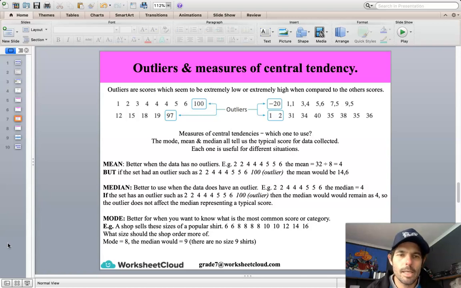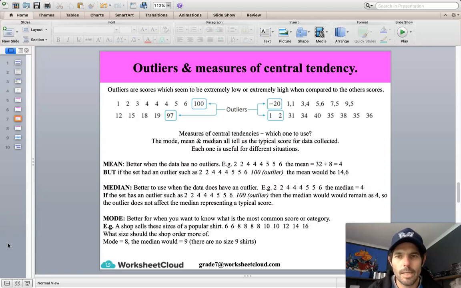Okay, purely because when there is an outlier, your mean changes quite a lot, as you can see in the example. Your median is better to use when the data does have an outlier. So I've given you the same list of numbers as the original example: 2, 2, 4, 4, 5, 5, and 6. The median there is going to be 4, okay? But if the set had an outlier, like 100 again, then the median would remain 4. So that means the outlier does not affect the median representing a typical score. Okay, so just remember that when you do have an outlier, it's better to use the median as a measure